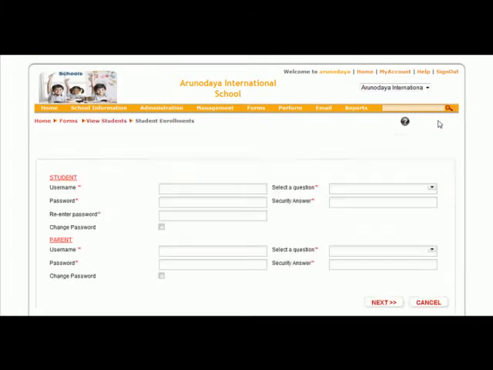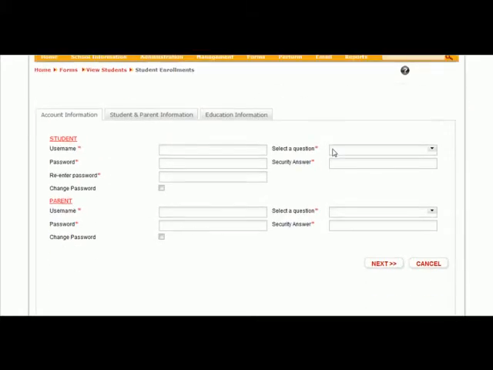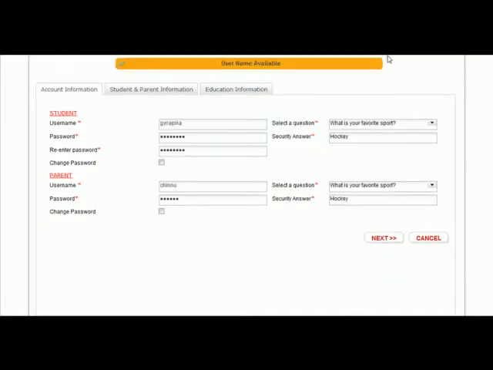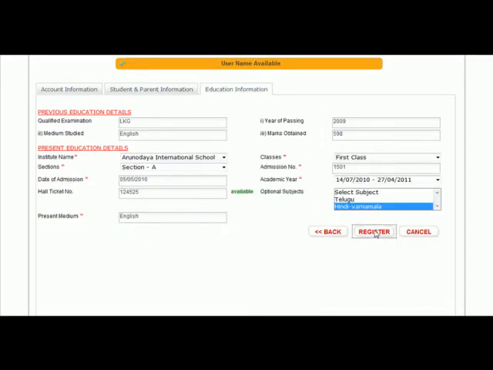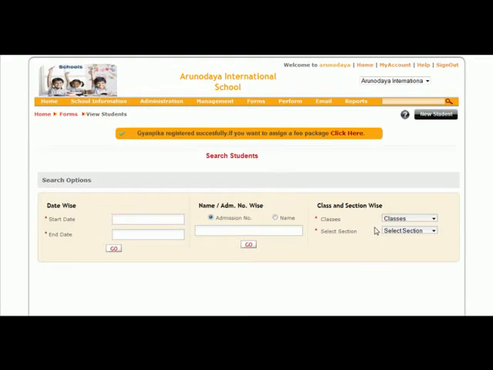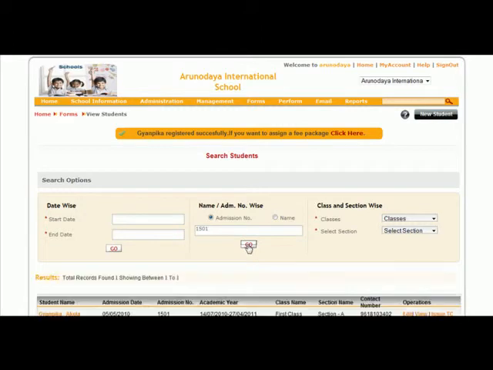The enrollment form is displayed. There are 3 sections available, namely Student Account Information, Parent Information and Academic Information. After entering valid data in all the required fields and sections, save the form by clicking on the Update option. The just entered student data will be stored in his or her class and section list. To view the just entered student information, select either of the 3 search options to get the details.